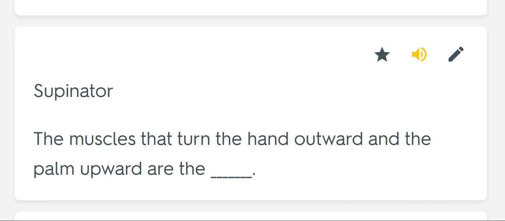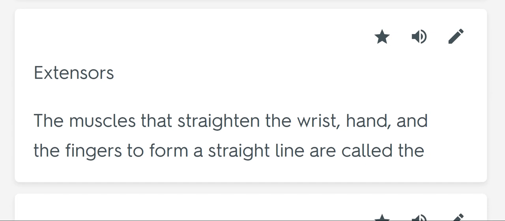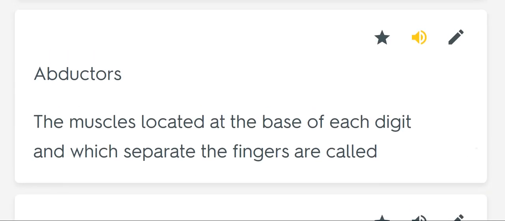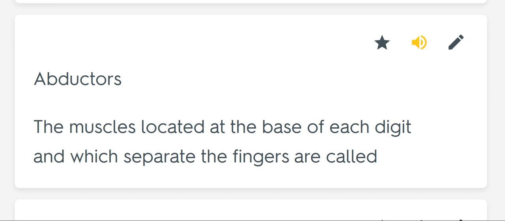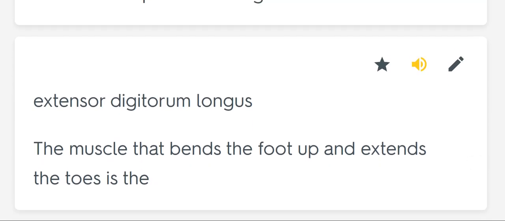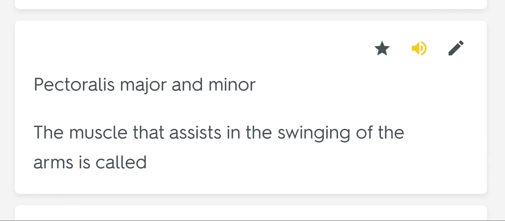Supinator. The muscles that turn the hand outward and the palm upward are the blank. Extensors. The muscles that straighten the wrist, hand, and the fingers to form a straight line are called the abductors. The muscles located at the base of each digit and which separate the fingers are called extensor digitorum longus. The muscle that bends the foot up and extends the toes is the pectoralis major and minor. The muscle that assists in the swinging of the arms is called